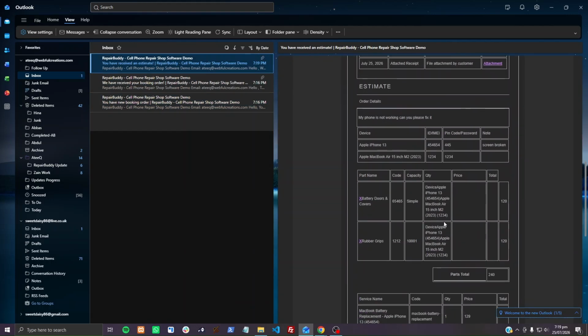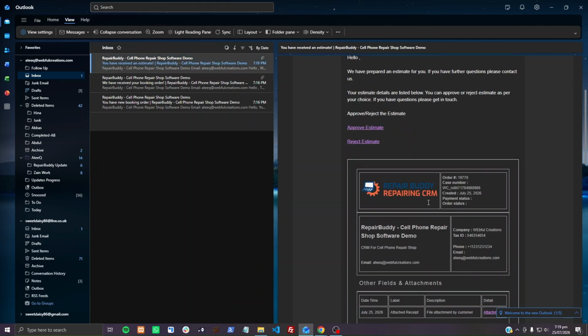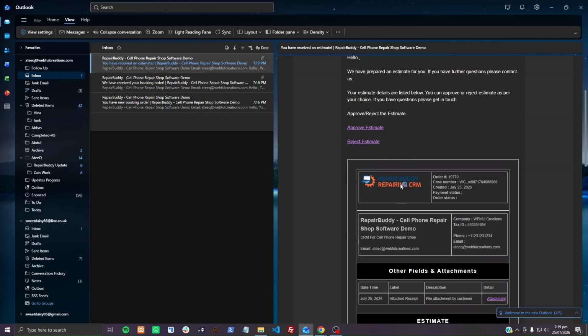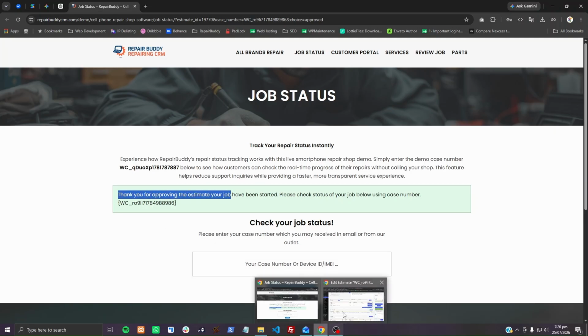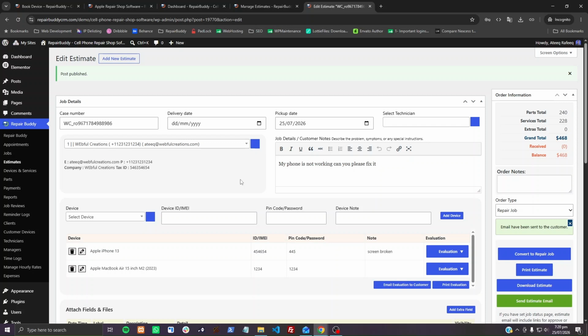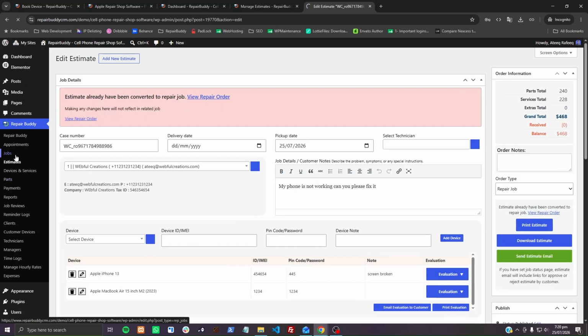This is all the details: these are the parts involved, these are the services involved, and 468. If the customer agrees, they will just click approve estimate, and once the estimate is approved, it will automatically convert to a job. So you can see that it says thank you for approving the estimate. The message has been shown to the customer. If we now refresh it, we can see that it has already been converted to a repair job. And from the repair job